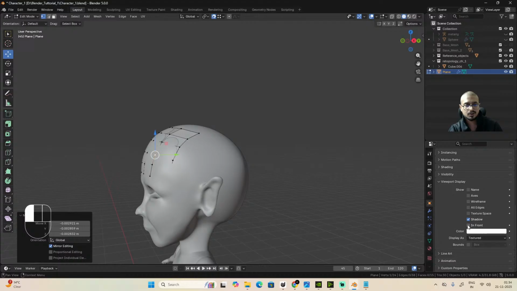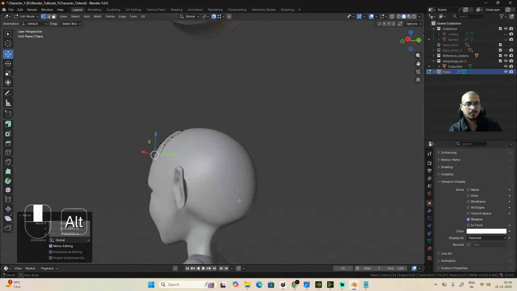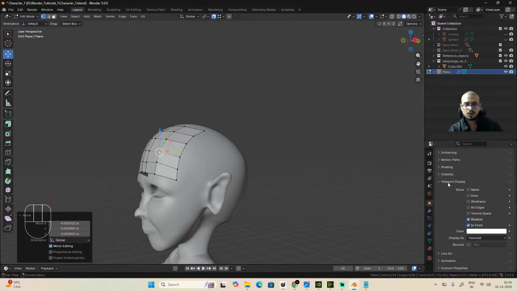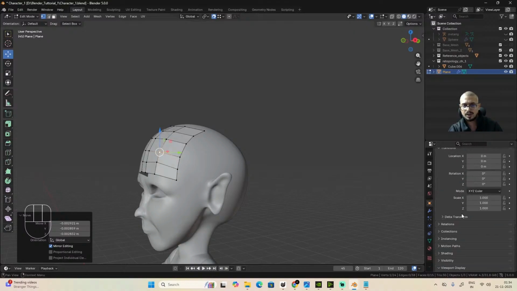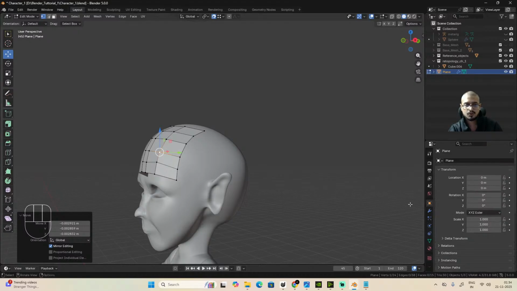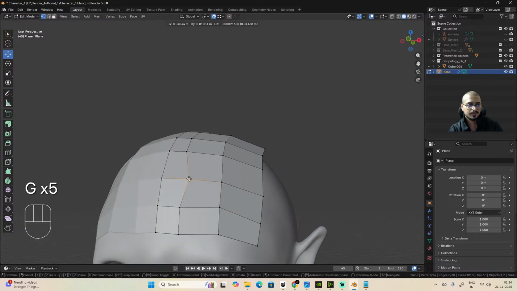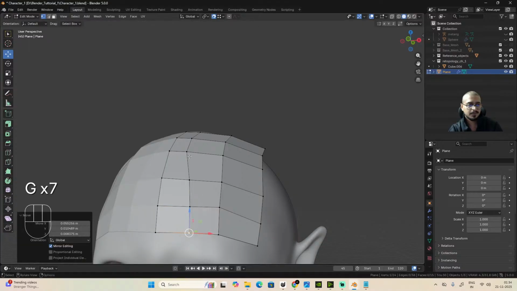If I turn it off, you cannot see it from the back side of the head, but the moment I turn in front on, it's in viewport display option basically of object data properties. All you need to now do is click on each of the vertices, and press G and